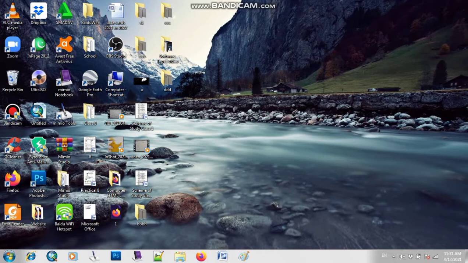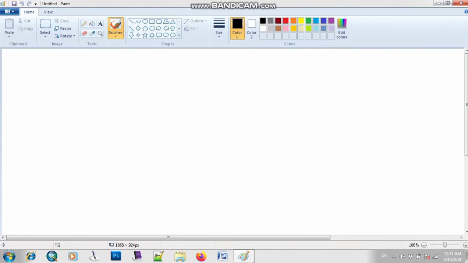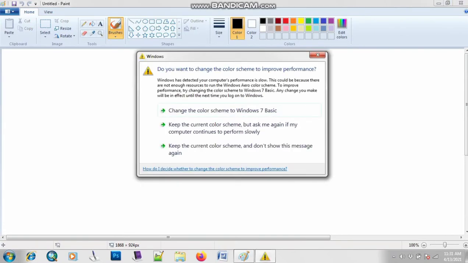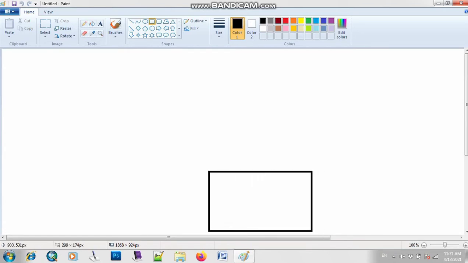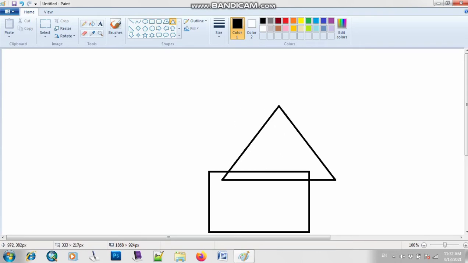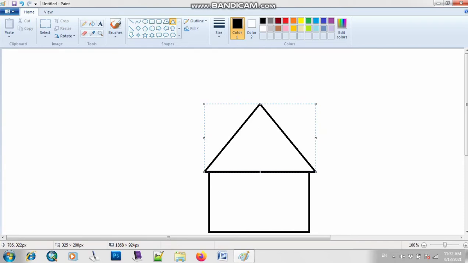First of all, I will open the Paint program. After opening the Paint program, which shape should I choose if I want to draw a home? Mahat, can you tell me? Right, I can use any shape, whatever you want. For example, I will choose here a rectangle. Right, now I will choose a triangle. In this way.